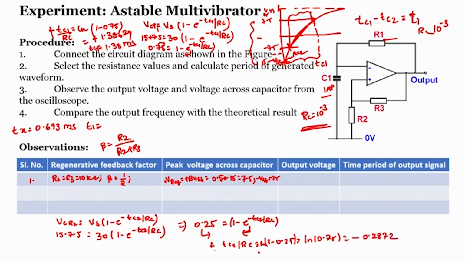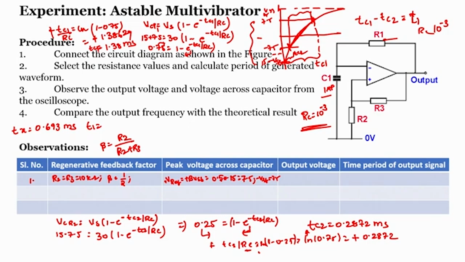Now minus minus I can cancel down, Tc2 is nothing but 0.2872 into 10 power minus 3, since RC is 10 power minus 3, that is Tc2. So the time taken for the capacitor to charge from minus 15 to minus 7.5 volts is 0.287 milliseconds, and